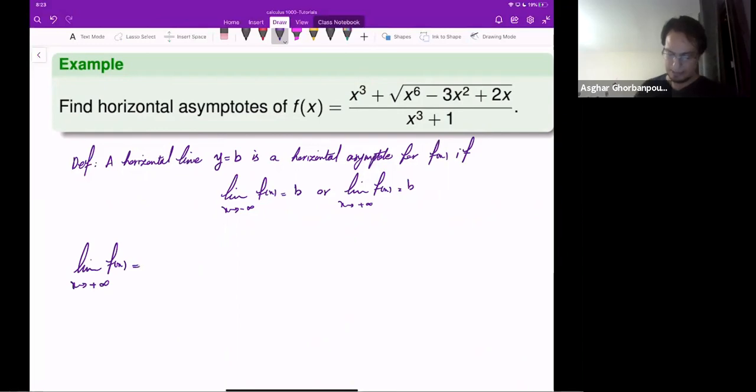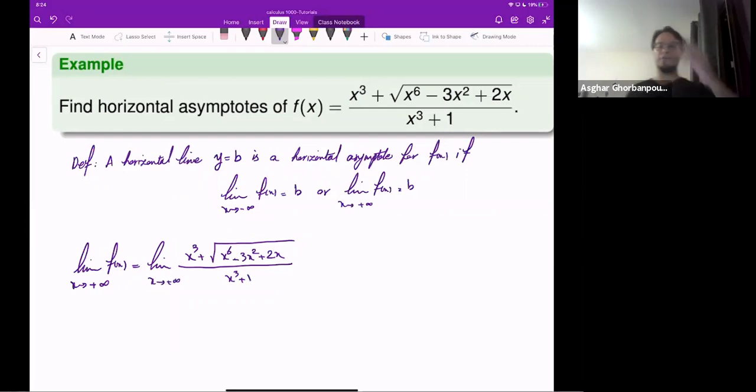So what happens here is that I have an irrational function in the numerator. As x goes to plus infinity, we know the trick for these kinds of functions. You have to factor out the highest power from the numerator and the denominator. So limit of,